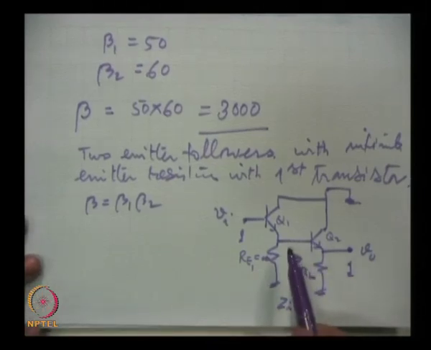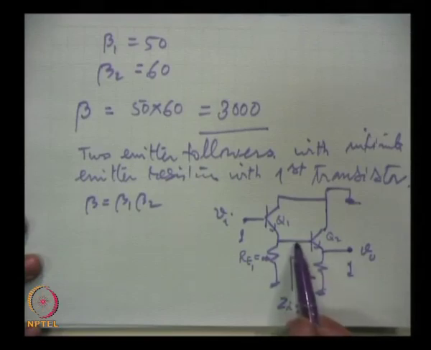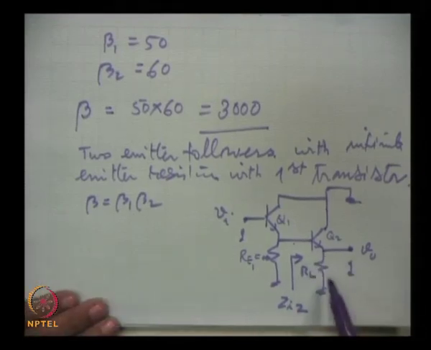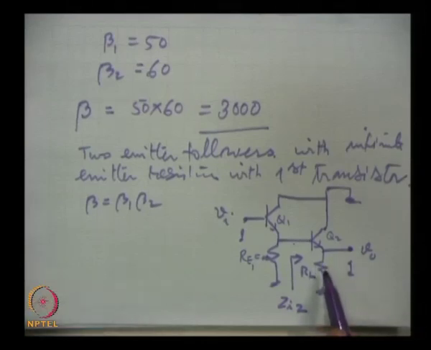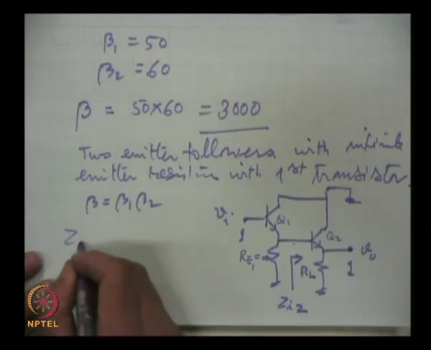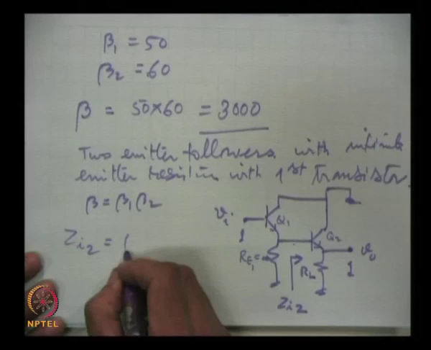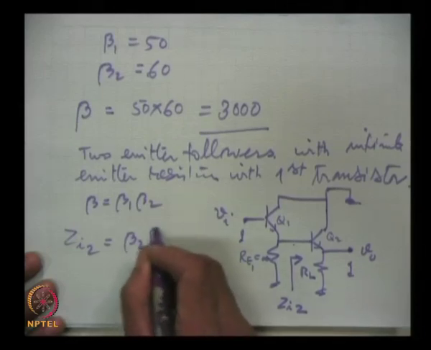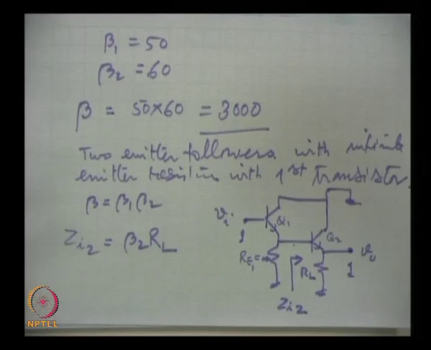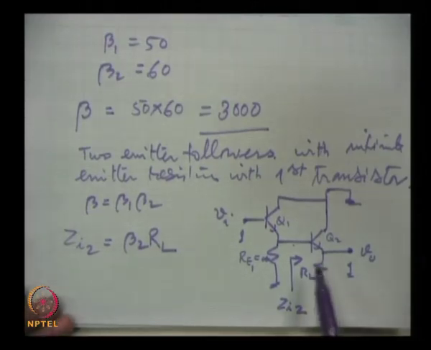circuit in which the input is given at base, whether it is common emitter or this common emitter follower, this is equal to the beta into load resistance. Load is here now RL at the emitter, because it is emitter follower, we always connect load at the emitter. So, this will be ZI2 is equal to the current gain into the load resistance RL. This we have done earlier, and I am sure you understand that this is the beta times the load.